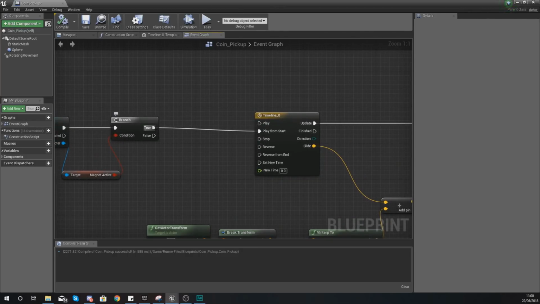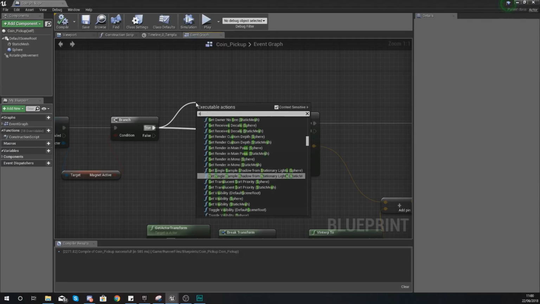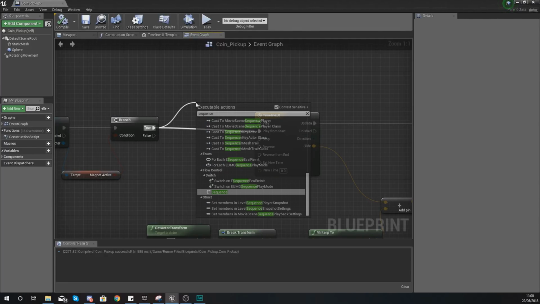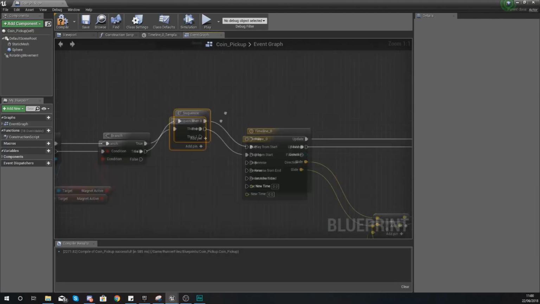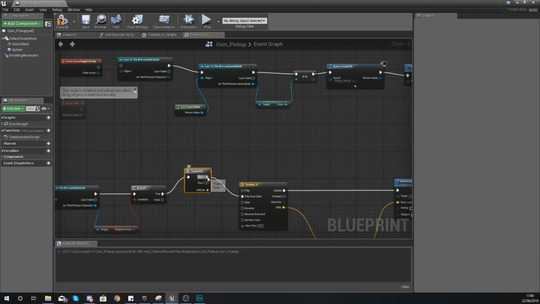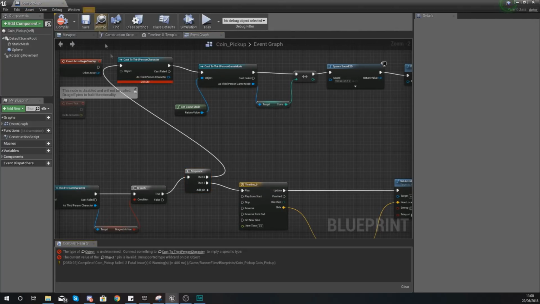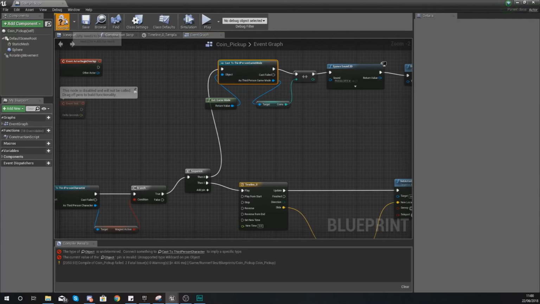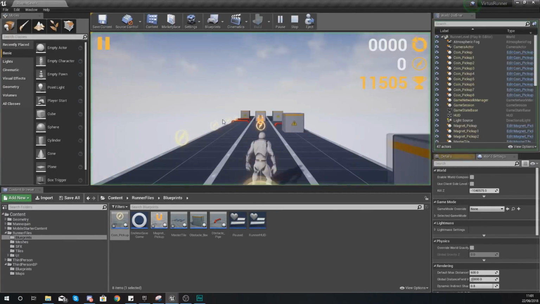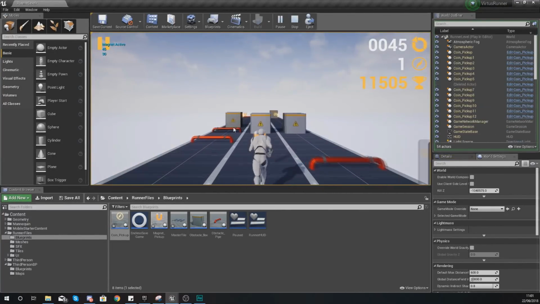Instead, what I'm going to be telling this to do is, if it is true, we are going to be using the sequence node to first of all add 1 point, or 1 coin, to the character. So hook this up into the then 0, and then the then 1 should be going into this. Hit compile, and you're going to notice it's not working. For your object wildcard, for the cast to third person character, we don't need that anymore, so we can just move this along just like that. Hit compile, hit play, and now if we give it a go,